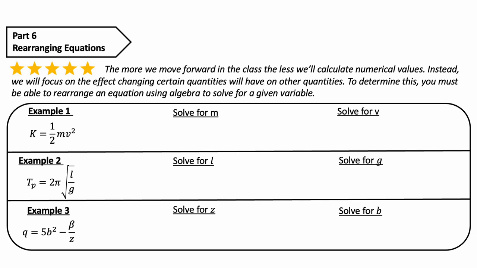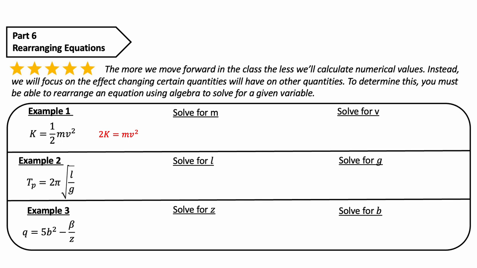We see we have K equals 1/2 mv squared. We want to solve this for M. On all equations, we can just follow equation rules. We can do whatever we want as long as we do it to both sides of the equation. If I want to start by getting M by itself, I want to move that 1/2 to the other side, and I do that by multiplying both sides by 2. Multiplying the left by 2 gives me 2K, and multiplying the right by 2 cancels that 1/2, leaving me with